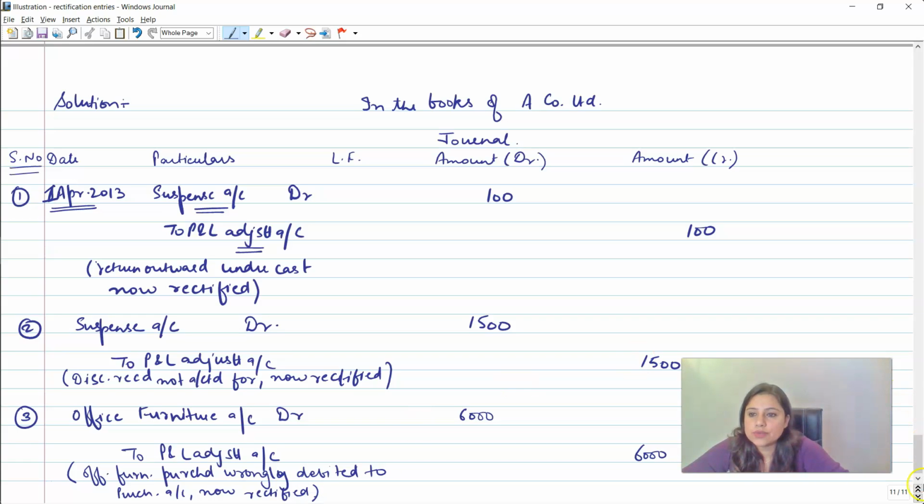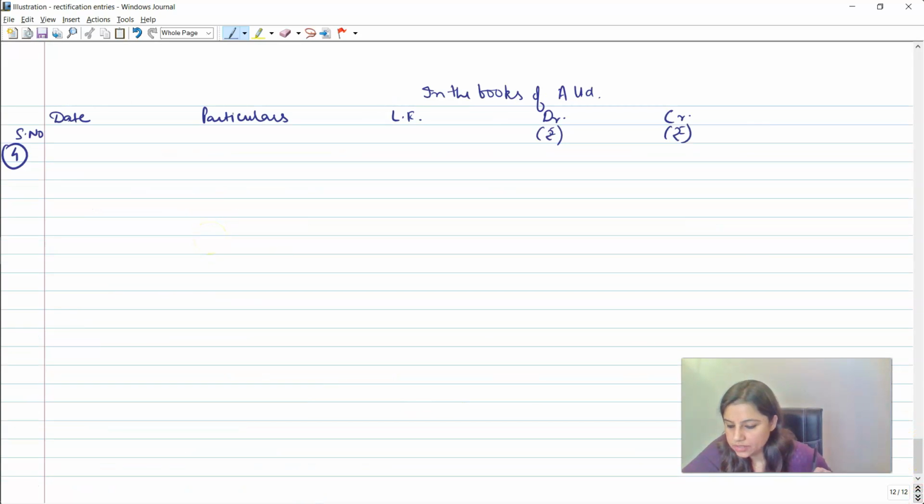Okay. Now continuing the same. So now the fourth rectification entry says that a credit sale of rupees 760 was wrongly posted as 670 to the customer's account in the sales ledger. So now as you can see, it is a single-sided error, as the credit sale has wrongly been posted as 670 instead of 760 in the customer's account, and as it involves the customer's account, a nominal account is not involved, so this rectification entry would be directly done through the debtor's account, and such single-sided error would be rectified